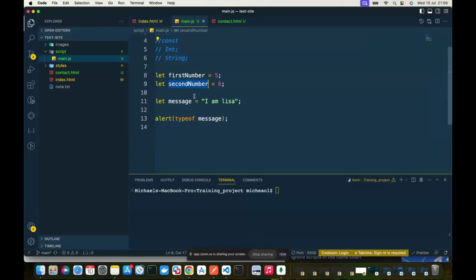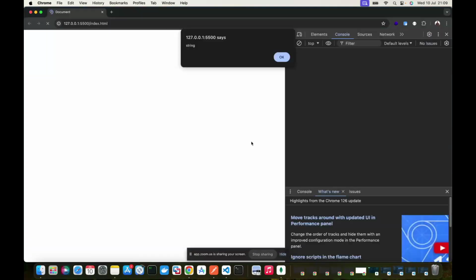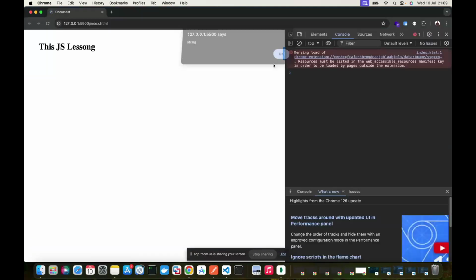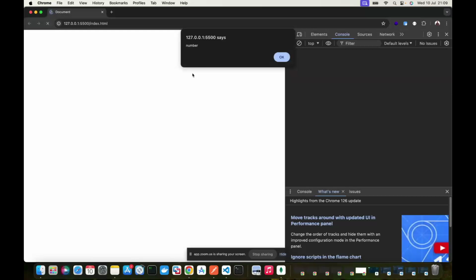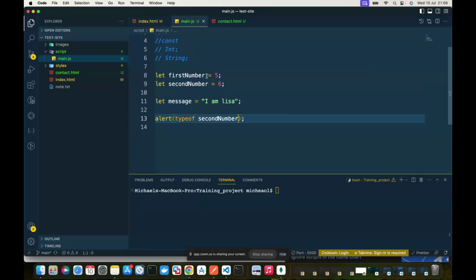If I alert the type of second number, let me close this out. Let me reload. It's saying number, right? Good. But you can refer to it as int.